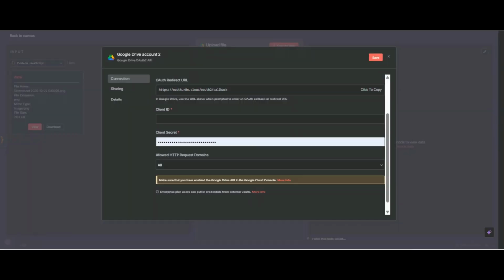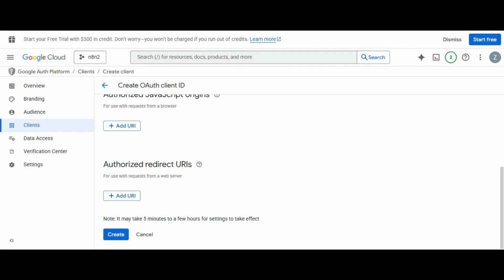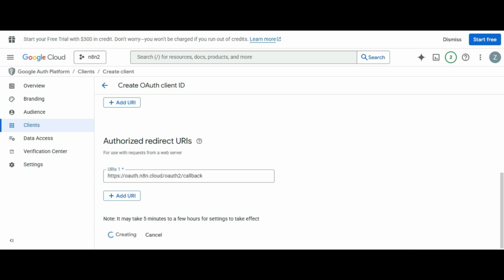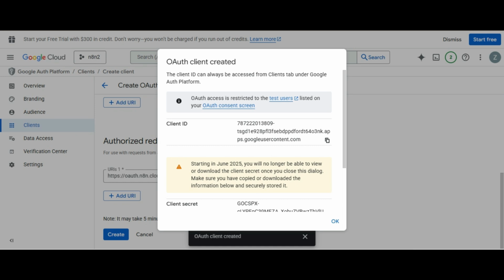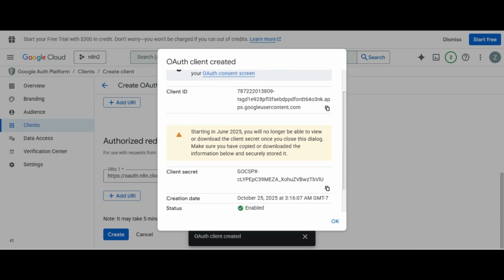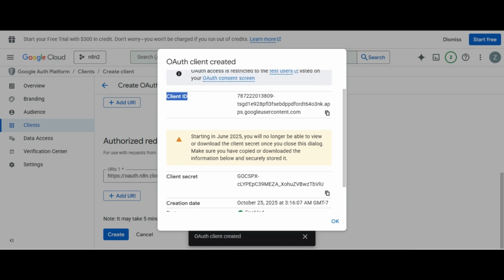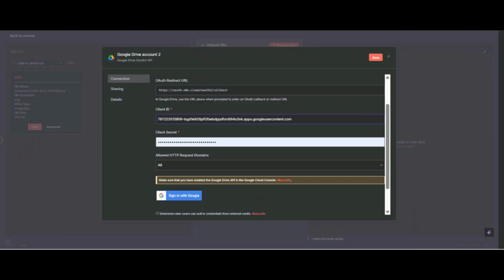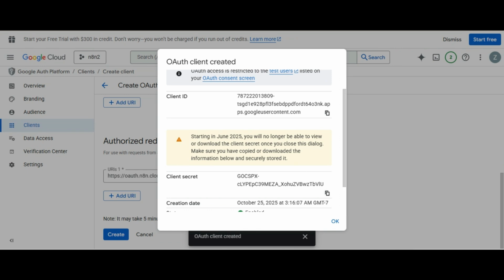So click copy it, and now click on add URI and paste it, and now create. So now you can see we have our client ID and client secret. So click copy and paste client ID and then client secret. Okay.